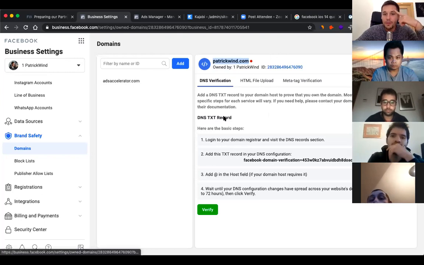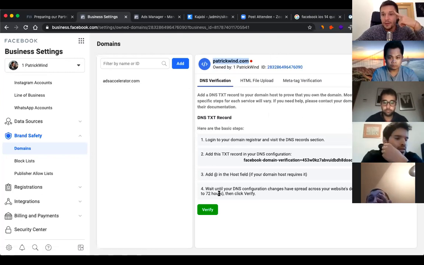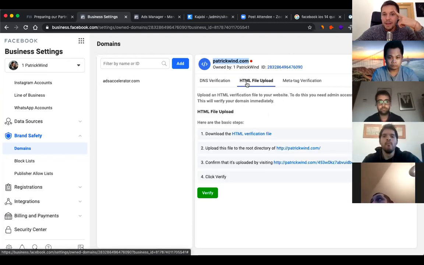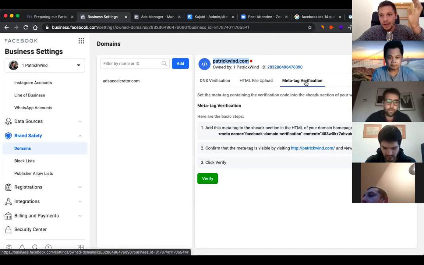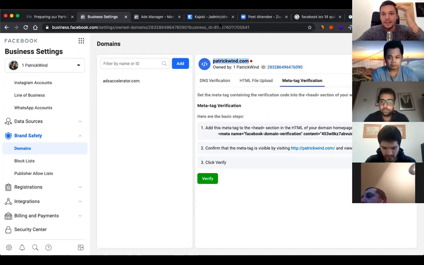And you have 3 ways to verify it: DNS verification, HTML file upload, and meta tag verification. Everything sounds very complicated if you're not a programmer, but to be super honest, it's 2 clicks if you know what to do, and it's very easy.